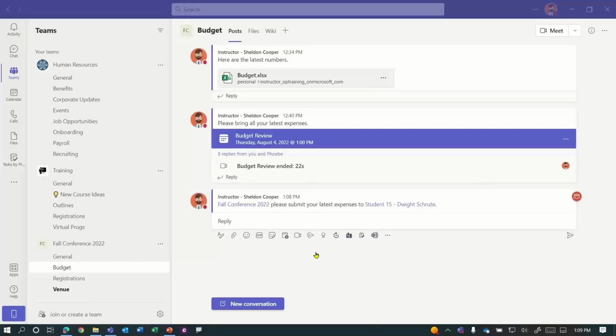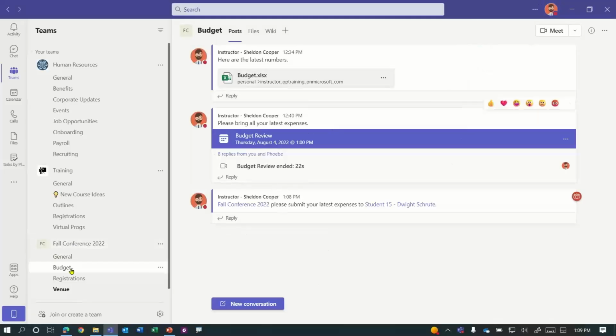Now, here's the other aspect. Let's say that I, Sheldon, am in charge of the budget for this project. And anytime anybody posts something under the budget channel, maybe I want to ensure that I am notified. Well, in that case, what I can do is change my notifications for that channel.